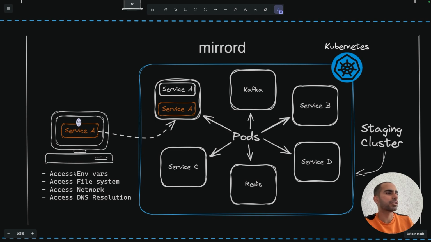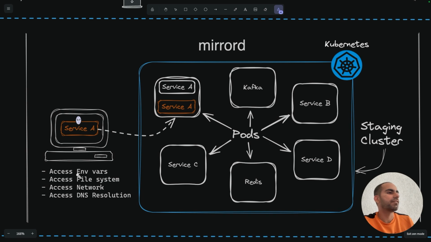And so now, as a user, when you make a request to Service A on your local machine, this request can actually travel through all these dependencies because Service A has access to them. And finally, a response can get returned back to you. And because your Service A is running in a pod, it is also able to access things like environment variables, file system, the network namespace, and even perform things like DNS resolution, just the way the staging app is able